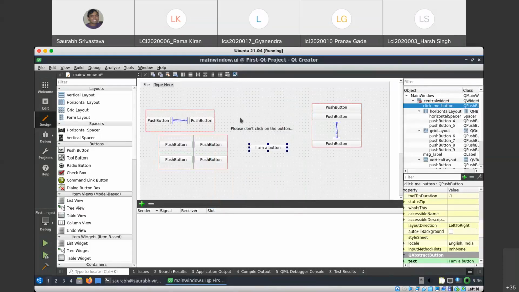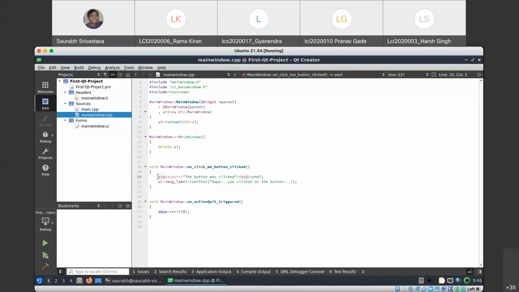So if you want to handle any particular event here, basically a function will be created for you like this, and you can add your code. So now whatever you want to do, whenever that particular button is clicked, you just come and write that thing here.